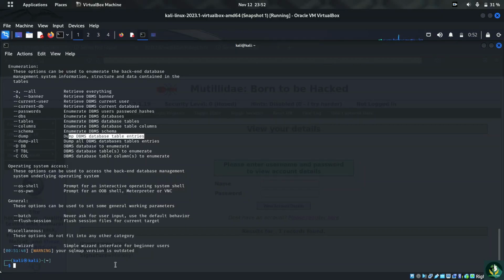Okay, for example, we have a table called accounts. I want to get all the information which is inside there and I want to see them. So let's see if you are able to do that or not. Again, I'm going to use